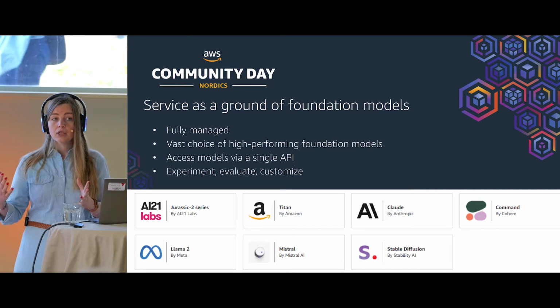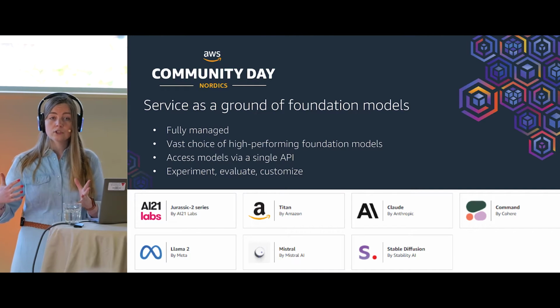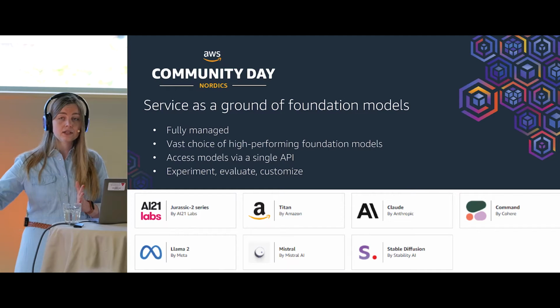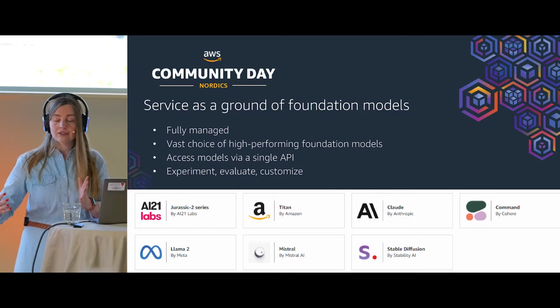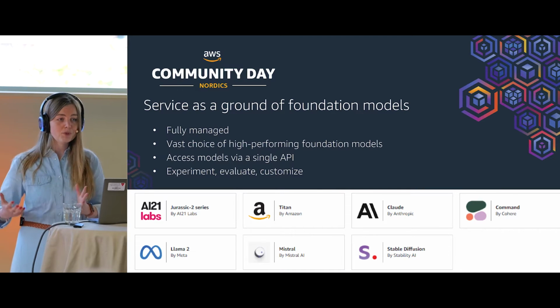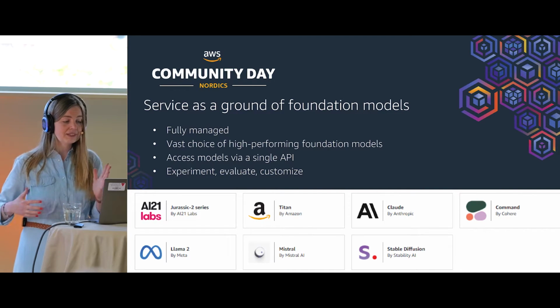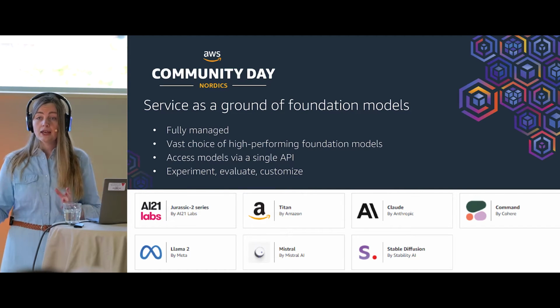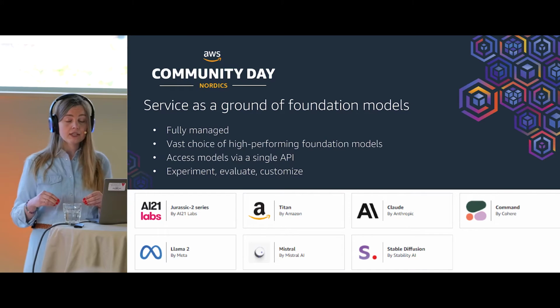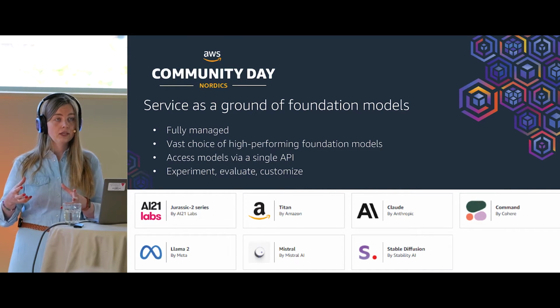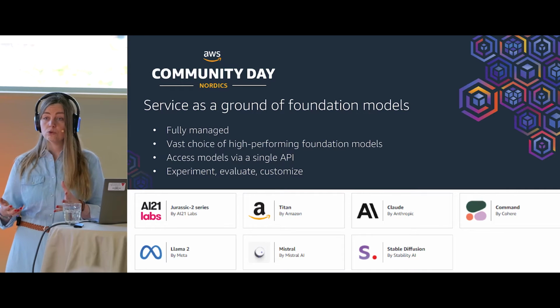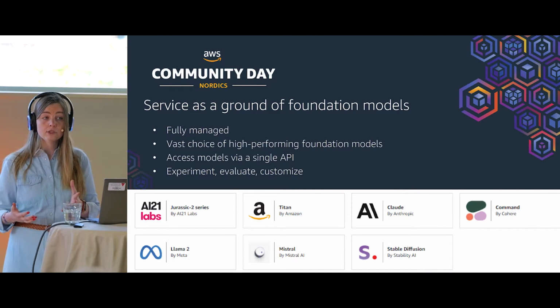It's a big model trained on a vast amount of data with a huge amount of GPU, trained over a big amount of time. And the Bedrock service is fully managed, and it gives us access to a vast choice of high-performance models.